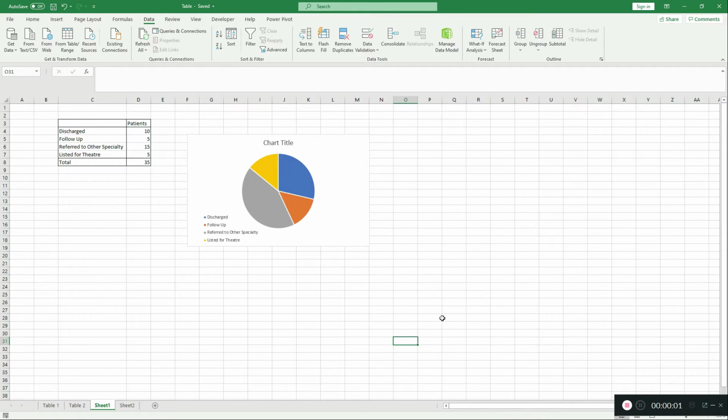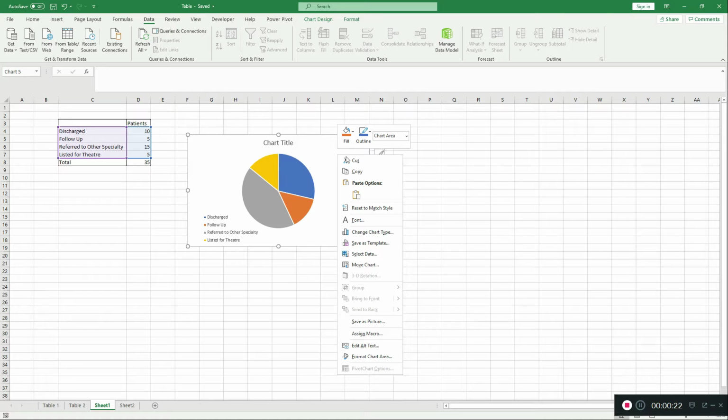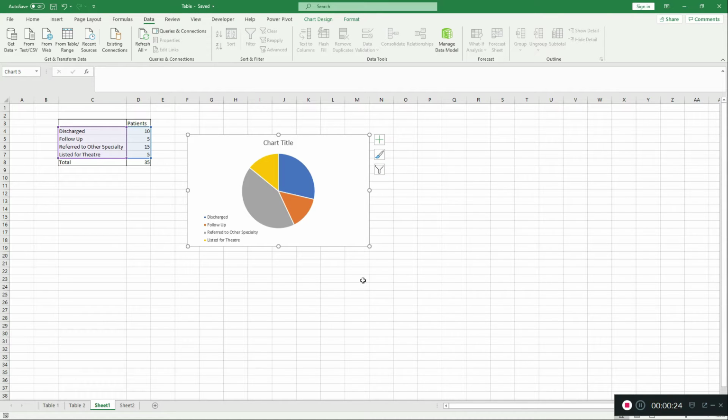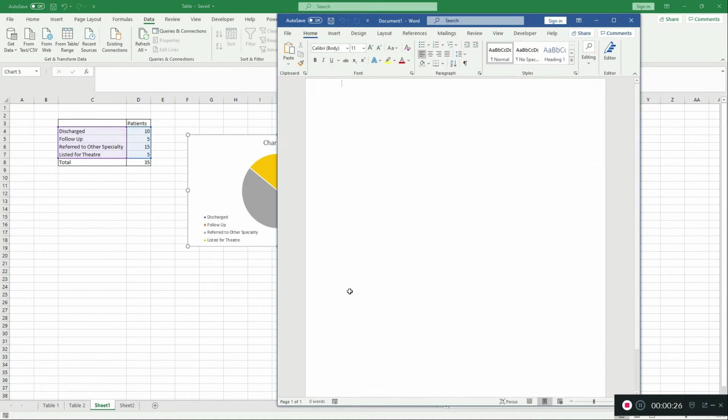So the situation is that I am writing a research paper and I want to put a chart into my research paper. So I've got here a pie chart that needs to go into the paper, and it is a pie chart of patients with categories, and it's a number of patients. And so first thing I do is I click on the pie chart, so you left click and then you right click and you go to copy, and then I go to my Word document, so I open that up